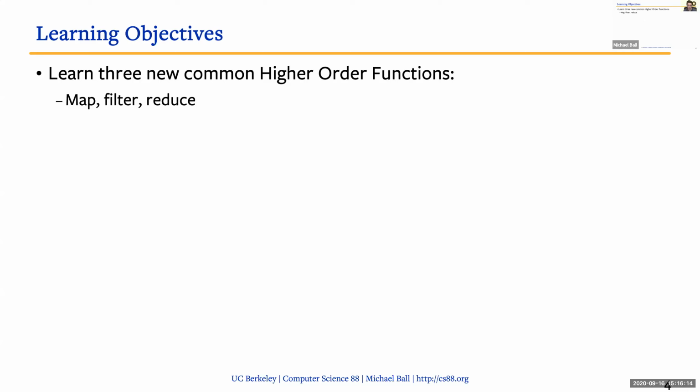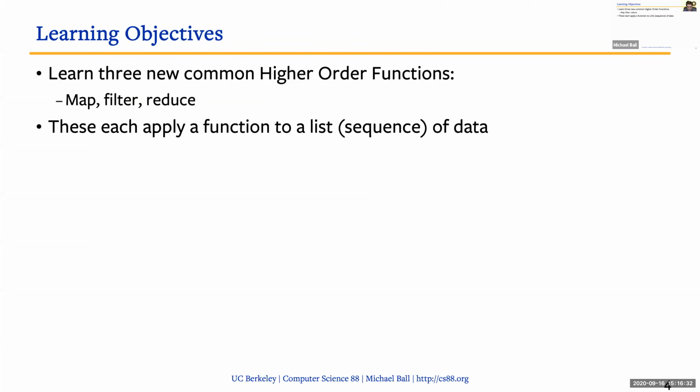So today, what we're really going to be doing is combining our list knowledge with three common, I don't want to call them special, but they are higher order functions that appear in a lot of programming languages. So the three that we're going to be working on are map, filter, and reduce. And each of these has two arguments, really. One is a function and one is a list or sequence of data. And what we're going to be doing is combining them together, looking at how we can use functions as a means of creating interesting examples in code without too much